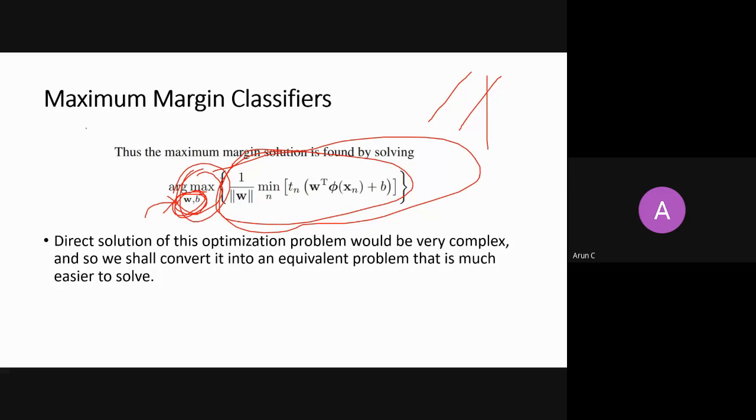What will happen then? Try to see this carefully. Let's say this was the minimum distance, and this is the second highest distance. In an effort to maximize it, you will shift your hyperplane in this direction. You will shift further and you will get here. Then this is the minimum distance now, but this will be the other distance. In an effort to maximize this, you will optimally fall somewhere in between, where the perpendicular distance from both classes will be equal.